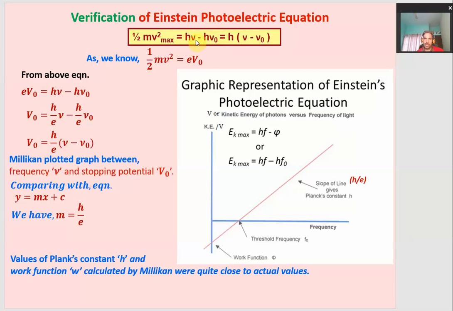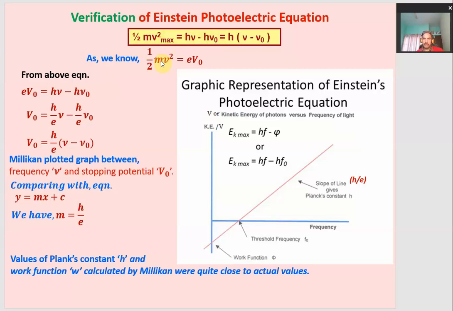Of course, this h nu should be more than h nu naught. Only then will the electron be emitted, or it can be equal to h nu naught, but it cannot be less than h nu naught. Otherwise the kinetic energy will come out to be negative, which we have already discussed is not a possible case. Okay,